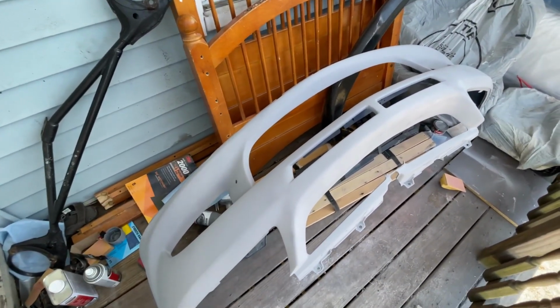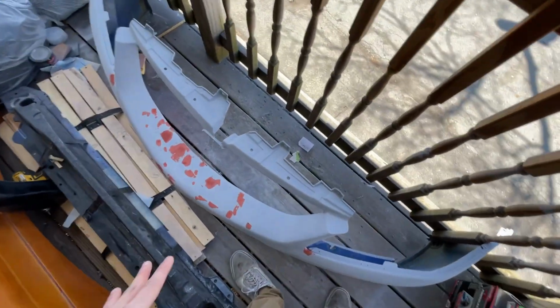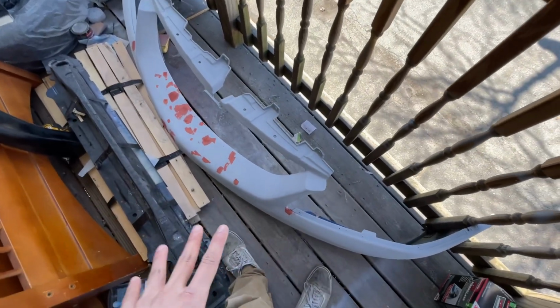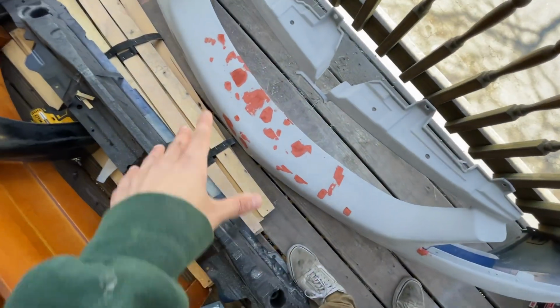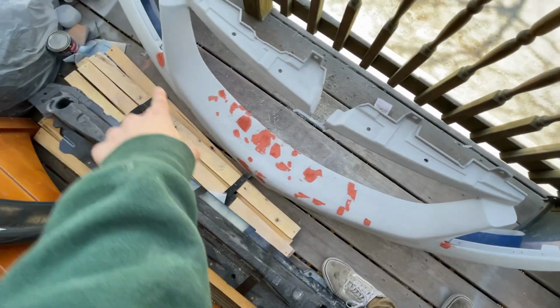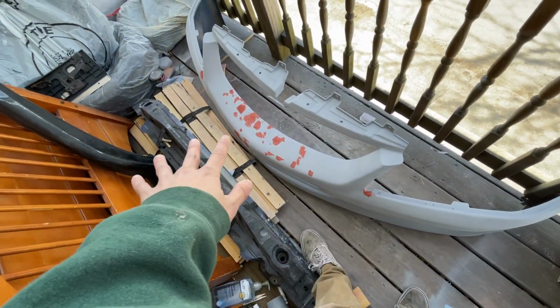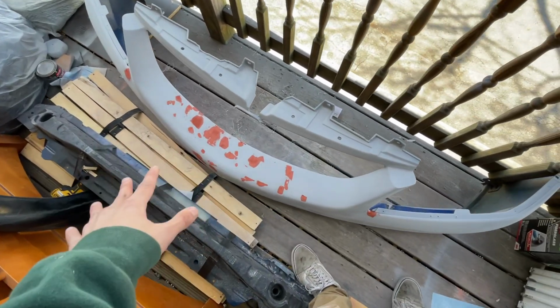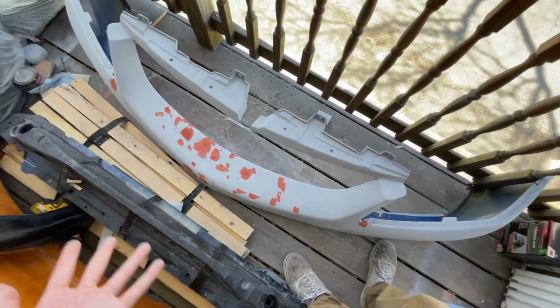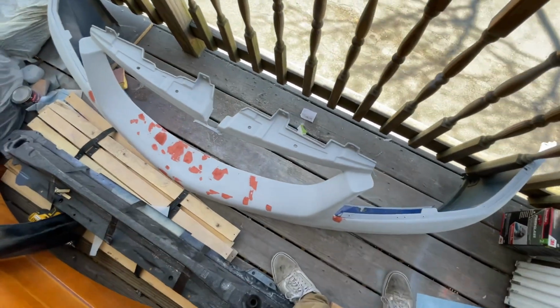But for now this is where we stand. The bumper sanded, sanded the clear coat. I ended up having to add a little bit more spot putty on the center and then the corner of the headlights, which is honestly not bad. I figured that'd be the point of focus for the spot putty because, well, we did cut a giant hole here and we had to fill it, so it's not gonna be perfect, but